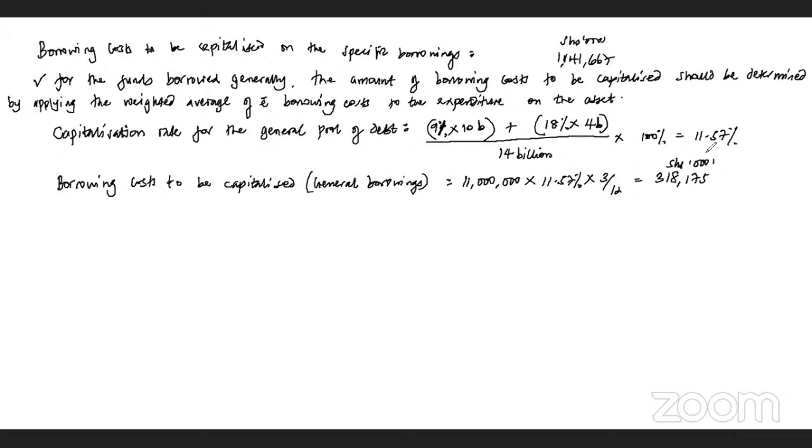The standard requires entities to capitalize those borrowing costs that are directly attributable to the acquisition or construction of the qualifying asset as part of the cost of that asset. So we add the borrowing costs to be capitalized on the general borrowings to those on the specific borrowings to come up with the total interest to be capitalized as part of the cost of the asset. So you can say that,